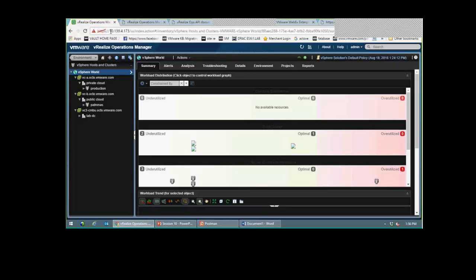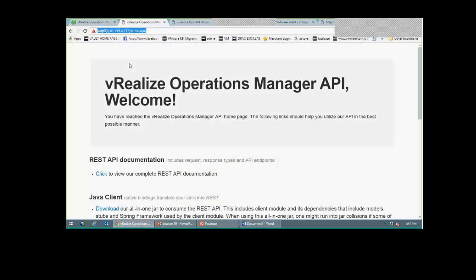So you can see that I'm using the IP address of one of my nodes in this cluster. In fact, I just have one node over here. And that's how I enter the GUI of vROps. Now, in order to go ahead and access the API documentation, I would just take that same IP address and